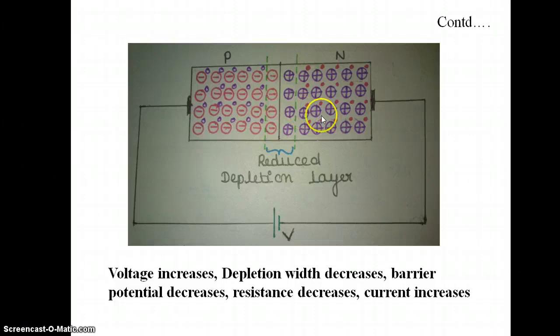For each electron which breaks its bond, a hole is created, and this hole drifts towards the junction. So the current through the external circuit is due to the movement of electrons only. The current within the PN junction is the sum of the electron current as well as the hole current. The current in the external